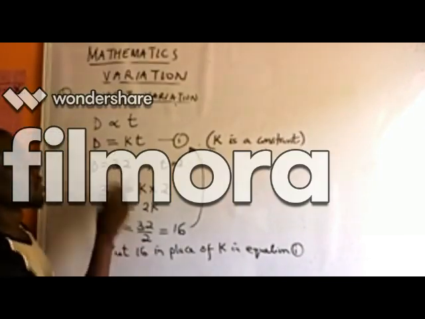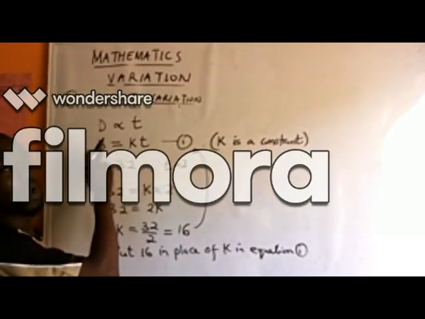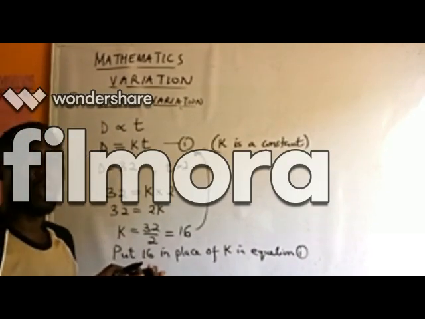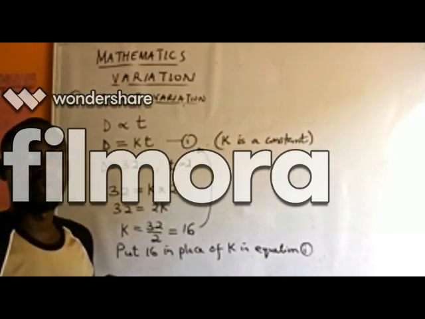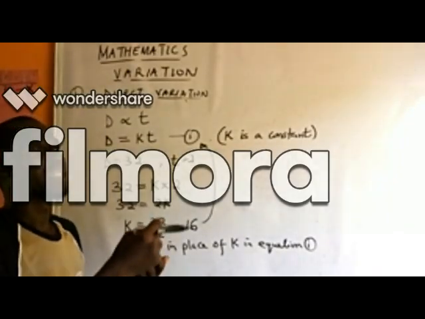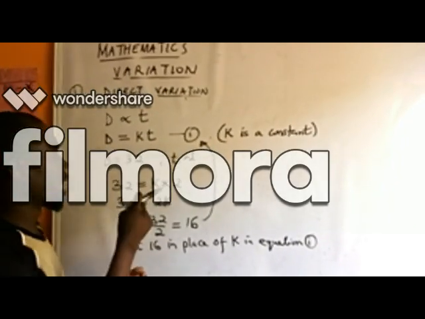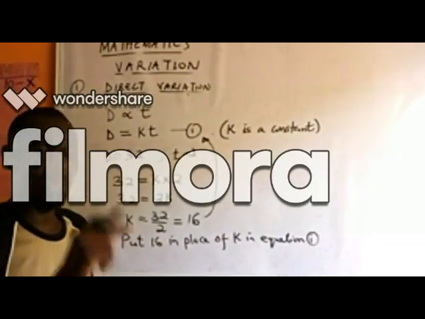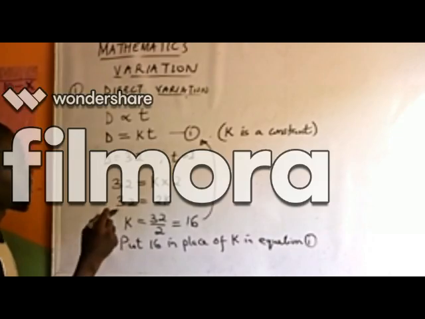Immediately after doing this, you are finding what? Your equation. Is that how you call it, equation? Sometimes in the question we call it the formula. Sometimes we call it the terms: express D in terms of T, or formula, equation, or relationship. Those are the 3 or 4 names that can be used.